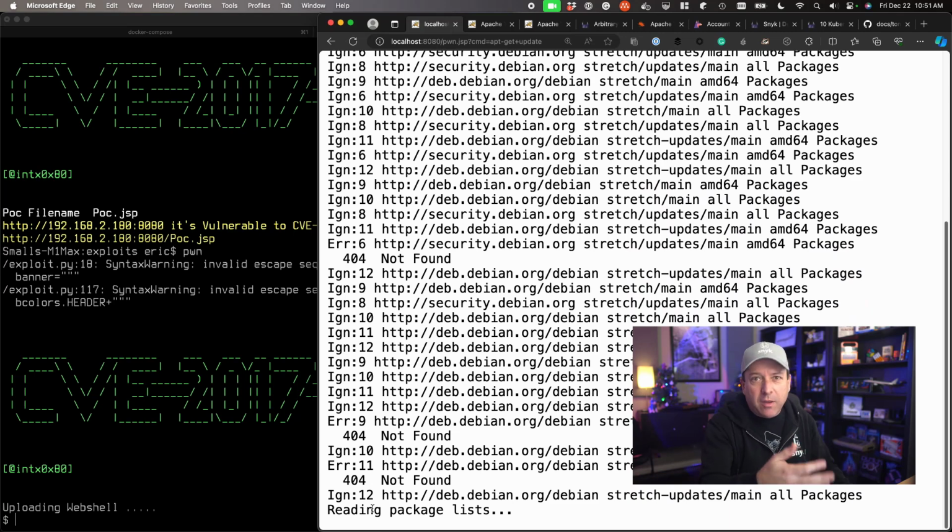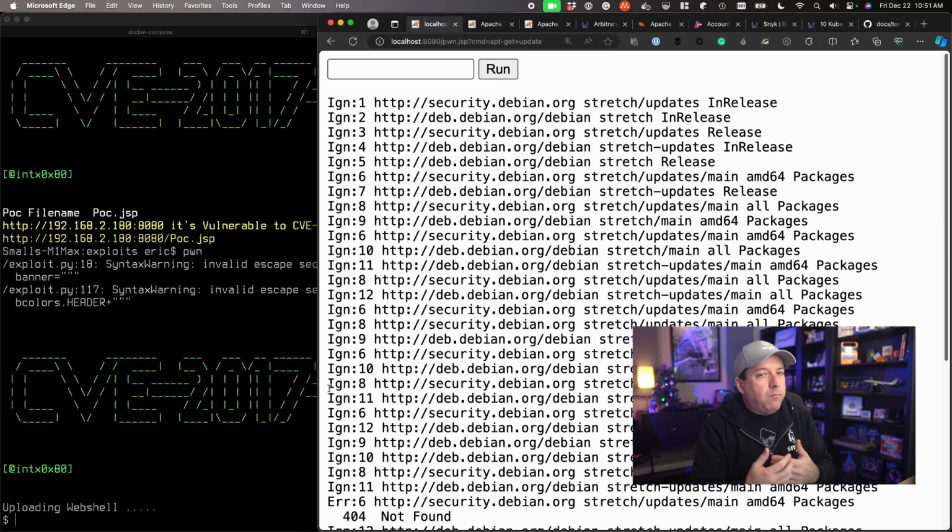Some of this is not coming back because it's not standard out, and this interface doesn't show that. But maybe I want to install Nmap and start poking around now and see what else I can find. So you can see how bad this can get. Even though I'm in a container, I still have access to do a lot of things.